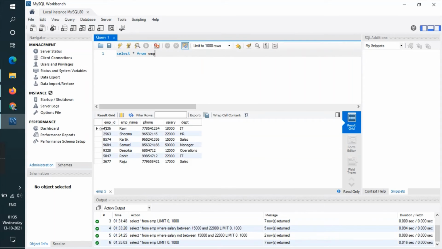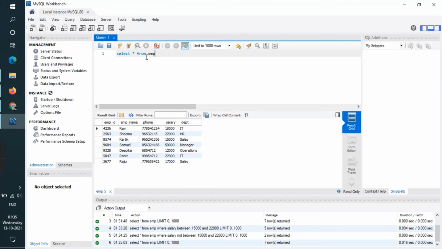So what I'll be doing, I'll be checking all the employee names whose names start from Deepika and between Karthik or Seema. Let's take Seema. So all the details of the employee name between Deepika and Seema.